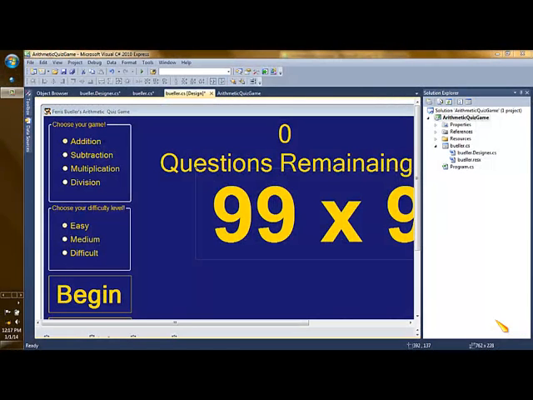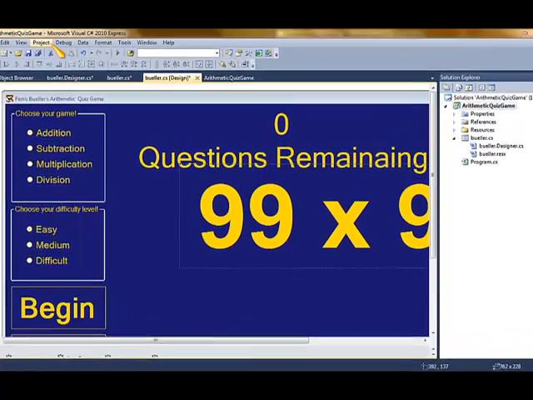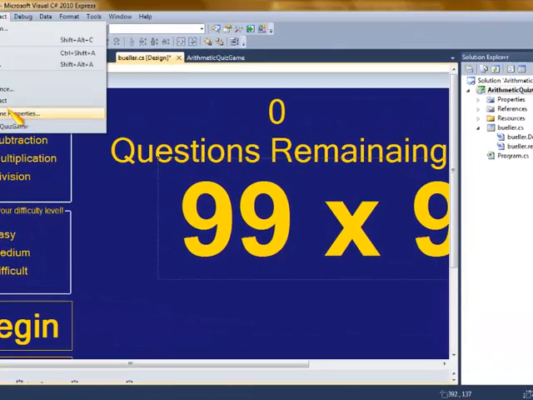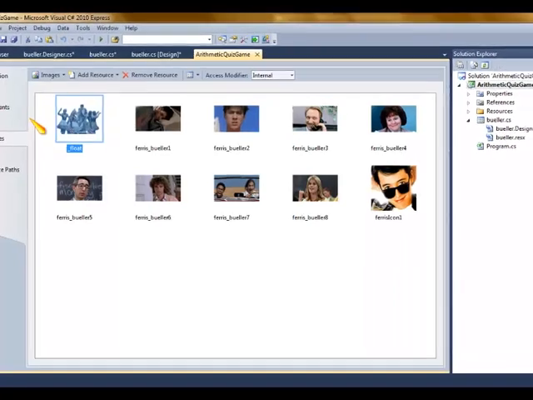Hi there. In this screencast, I'm going to show you how to play sounds so that you can play music while your game is running. There's a couple things I need to do if I want my program to play sounds. The first thing would be to add those sounds, and they need to be WAV files, to the resources